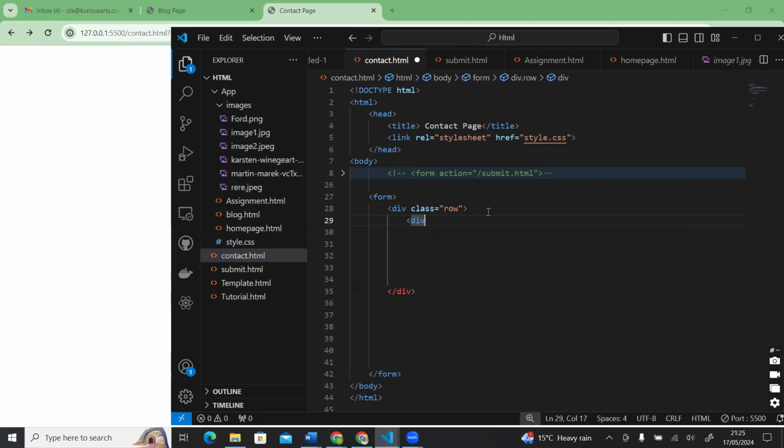Give it a class. What class can I give to this one? Column. Close it. Go there. So between these, I wanted to have a paragraph called maybe, let's just say,